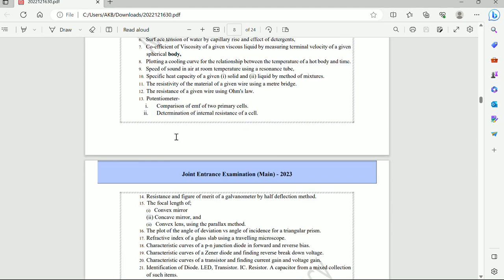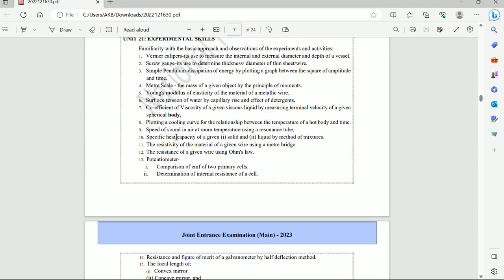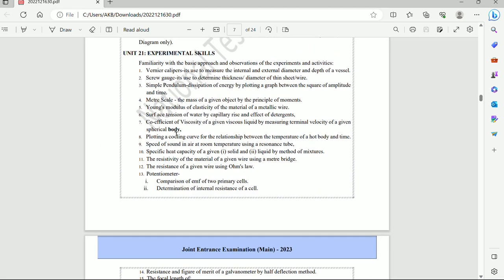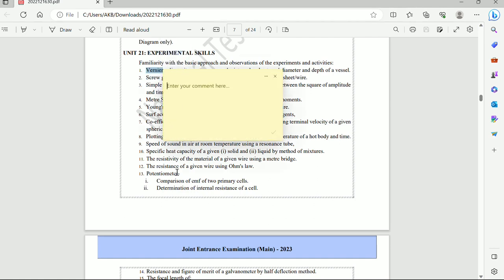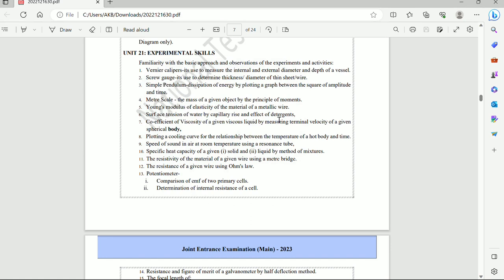In experimental skills, there are so many topics like vernier calipers, screw gauge, simple pendulum, meter scale, etc. Here is also Young's modulus of elasticity, surface tension, coefficient of viscosity, plotting a cooling curve for the relationship, etc. Speed of sound in air at room temperature, a specific heat capacity of a given solid and liquid by method